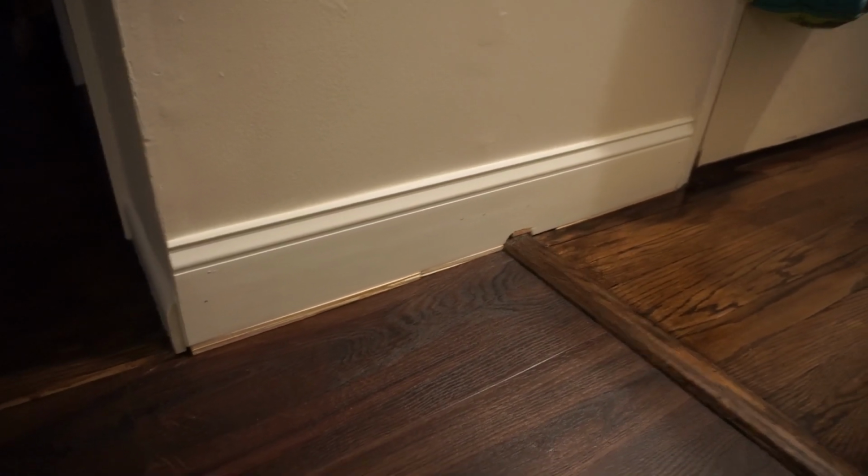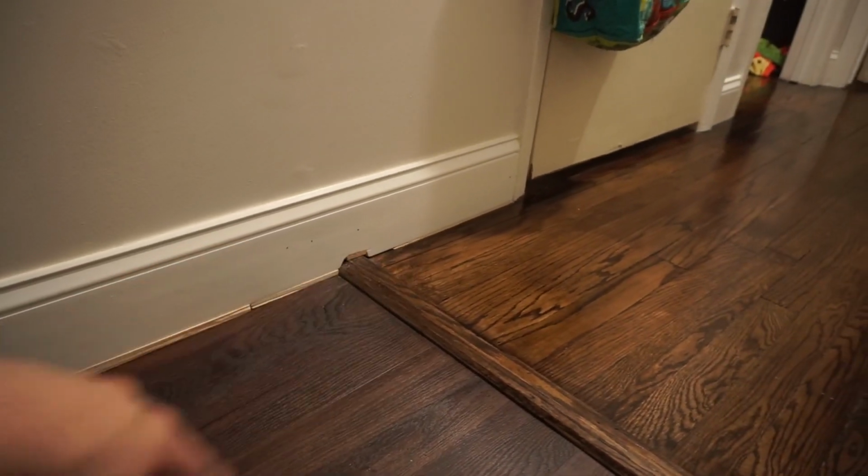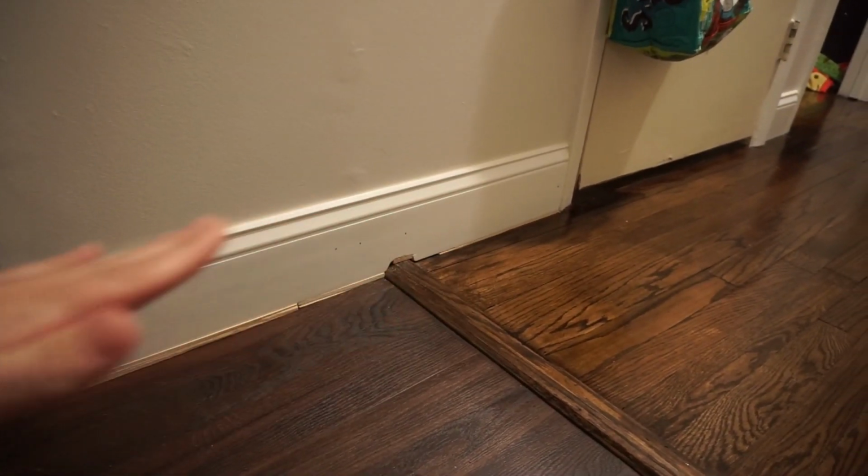It's 9 o'clock now, kids are in bed, and now I can do more stuff that I wanted to do that I didn't have time to do. One thing that's been on my list for a while is to paint these shim things. Let me show you. So we put a new piece of baseboard up here. It goes from the kitchen into the hallway, but we didn't realize that putting that level, straight